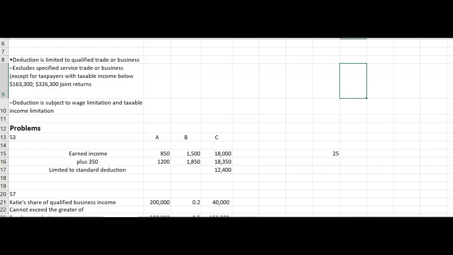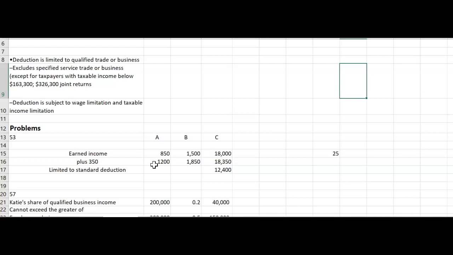In A, Stephanie reported $850 of earnings for her babysitting. So she had earned income, which is $850. And if you add $350 to the $850, her deduction is $1,200, and she gets to take the $1,200 because her earned income plus $350 is greater than the standard deduction of